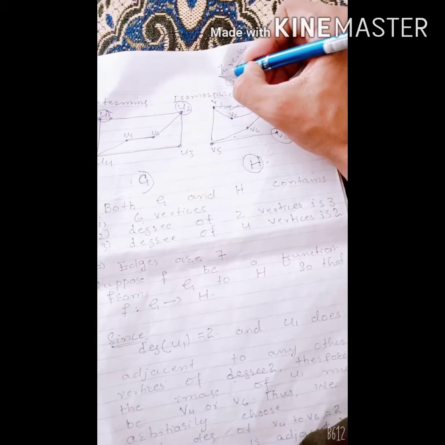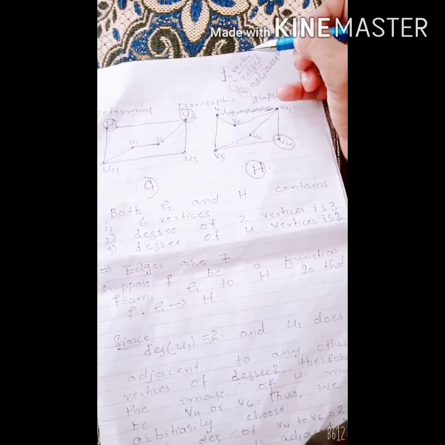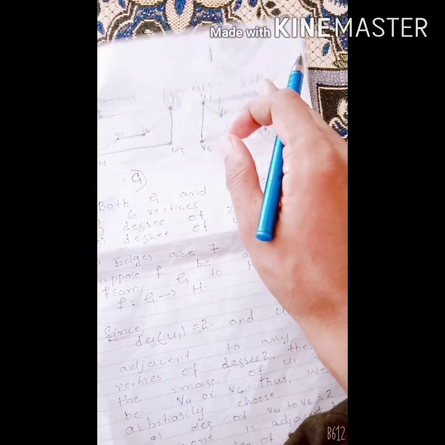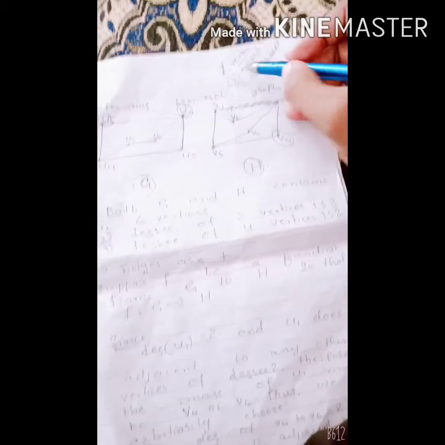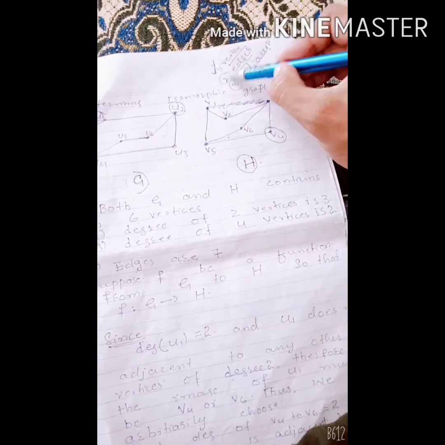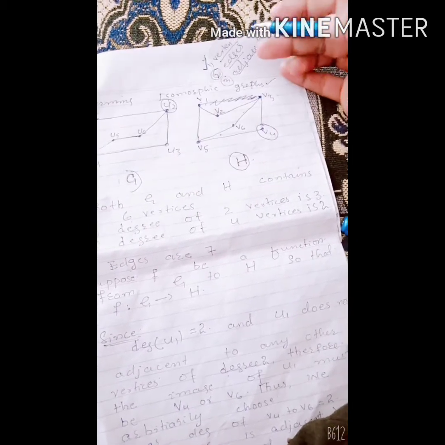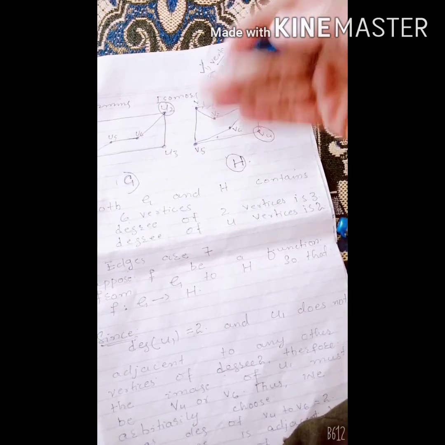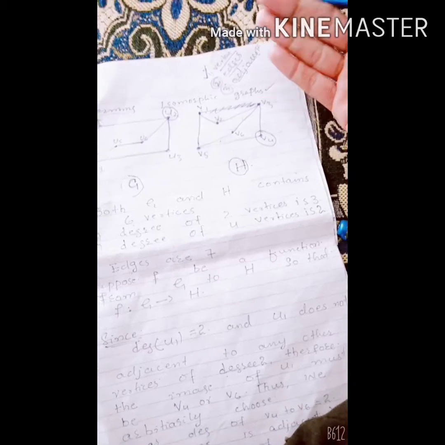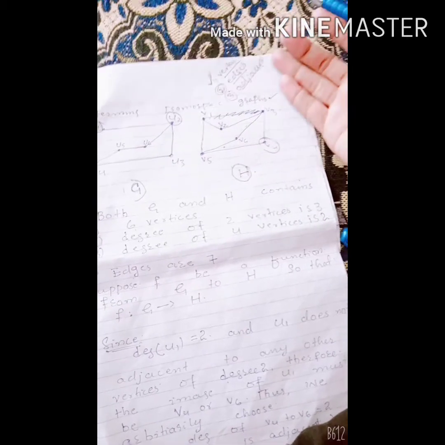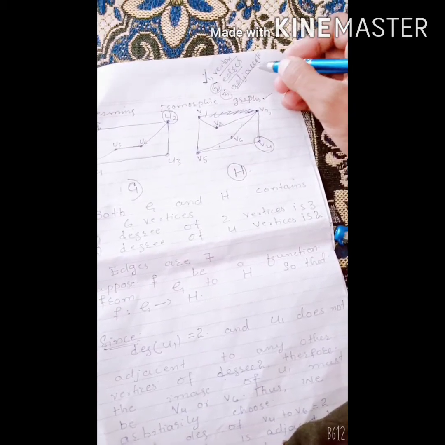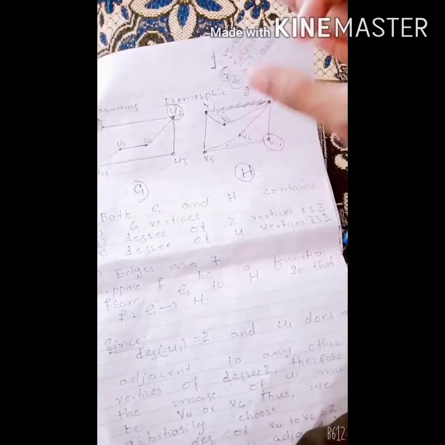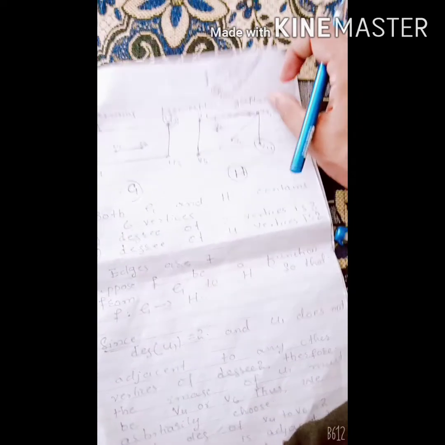First, we need to find the vertices. If the vertices of both graphs are the same, we go ahead one step. Second, we need to find the edges and degrees. If the degrees and edges are the same, we go ahead one more step to find the adjacency. If the images of both graphs are adjacent in the same way, then we conclude that both are isomorphic graphs.